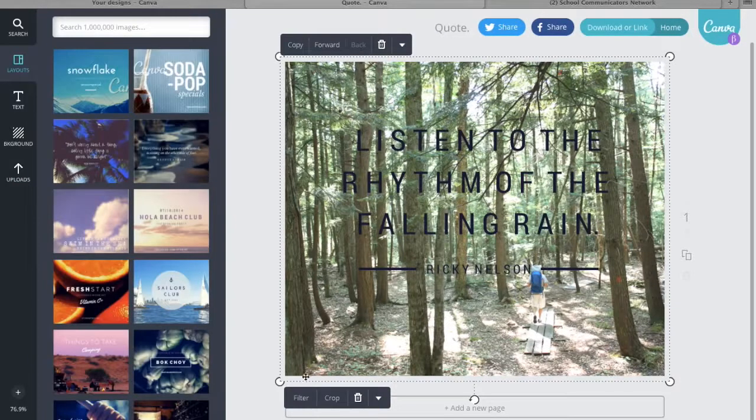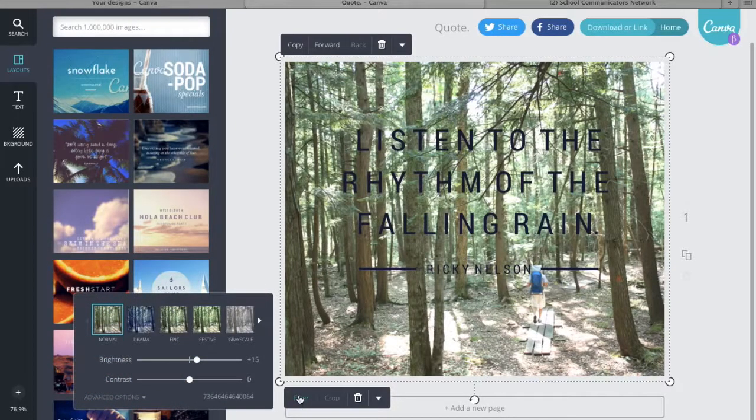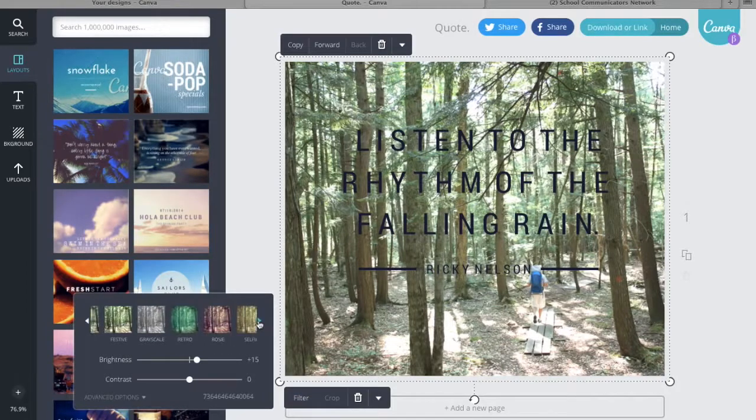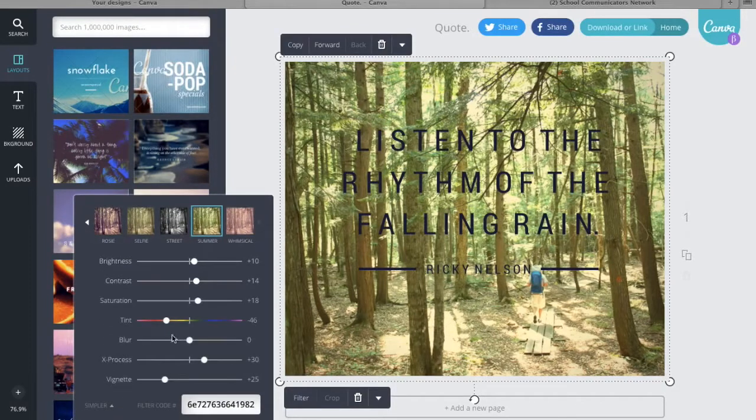All right, so now that I have my picture in, I'm going to go down and choose the filter option. And Canva has been adding some more filters and giving you some more options with your own pictures. So I'm going to play around with this a little. I'm going to choose summer, maybe to hold on to the last few hours of summer left before we get back to school. And you'll notice that it kind of turns down the brightness on the photo, which allows the text to come through, which is great. If I click on advanced options, I can also turn up the blur,